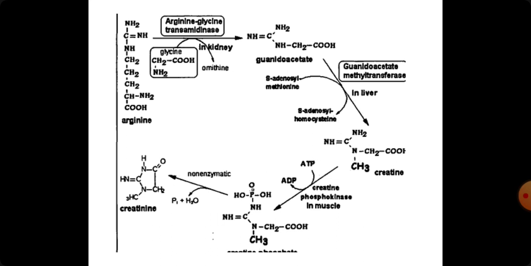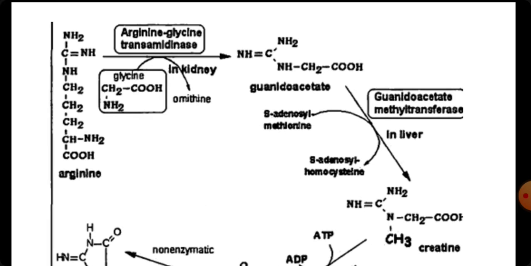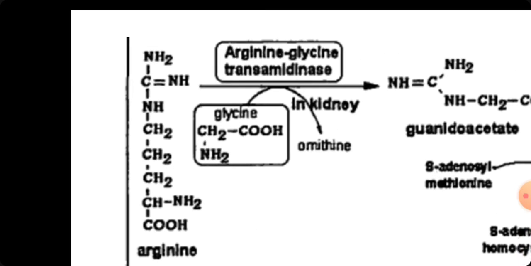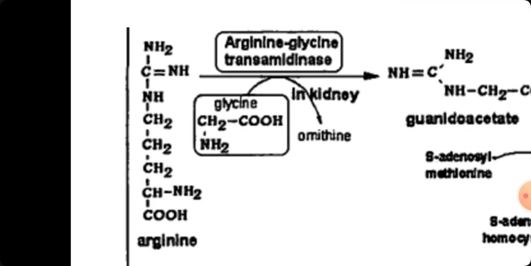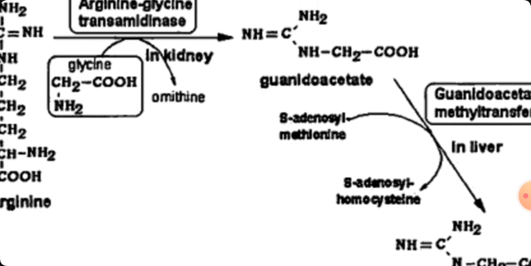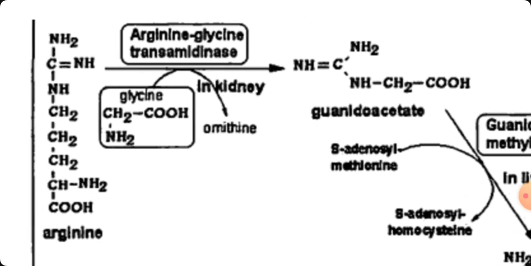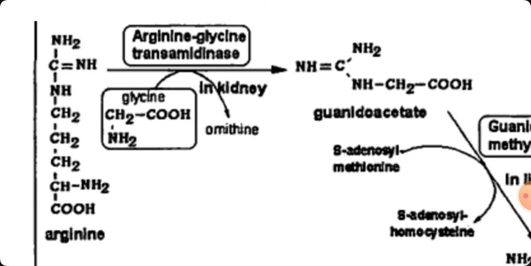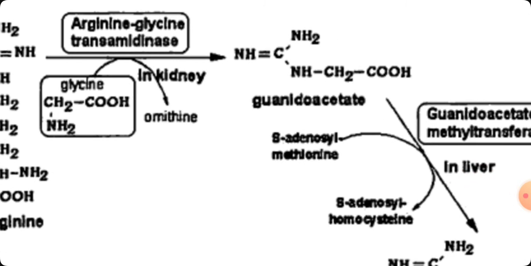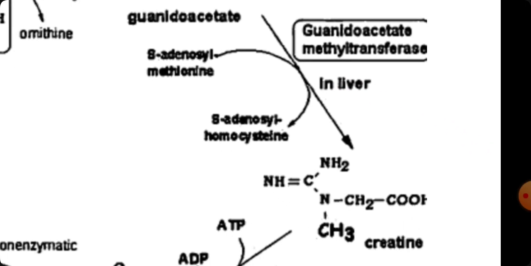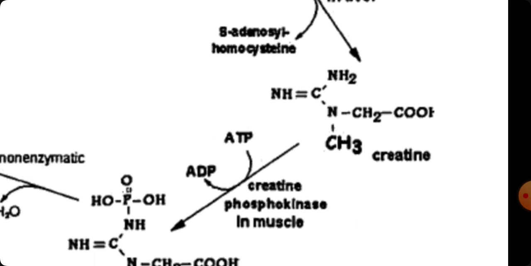The diagram is now almost repeated. Same, that is formation of creatine followed by degradation. Formation by condensation of two amino acids, arginine and glycine, forming GAA. GAA is then methylated to give creatine. Creatine is phosphorylated to give creatine phosphate. Creatine phosphate is converted into creatinine.